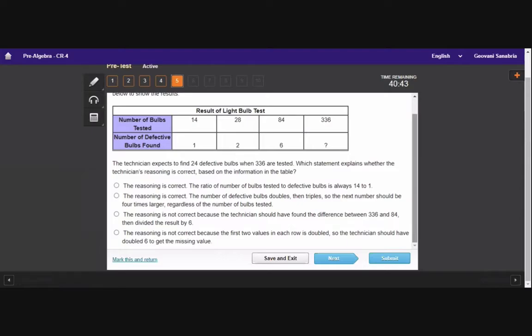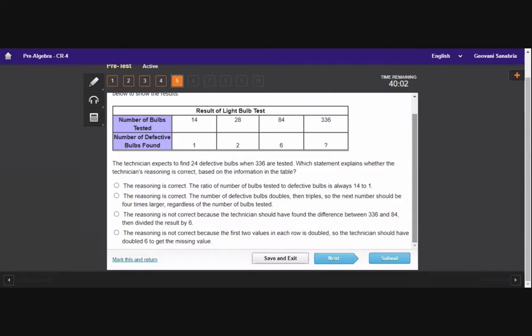Because if you get the unit rate, it's always 14 to 1. Like 14 divided by 1 is 14 to 1. 28 divided by 2 is 14 to 1. Number 2 isn't wrong, but like if you do that first 1, and you double it, you get the 2. And if you take the 2 and you triple it, you get the 6. And if you take the 6 and you times it by 4, you get the 24. But